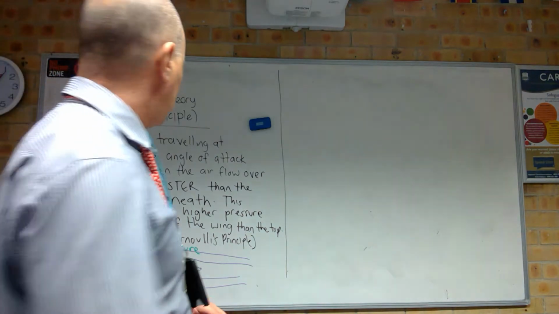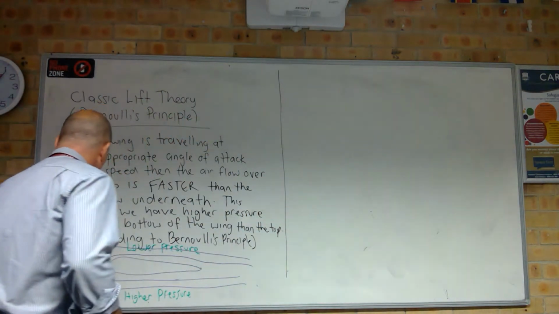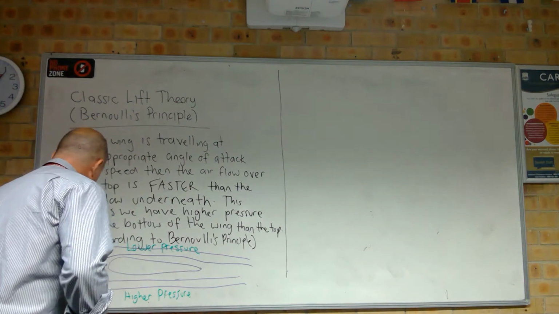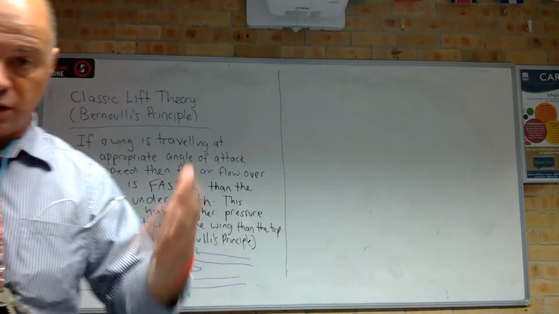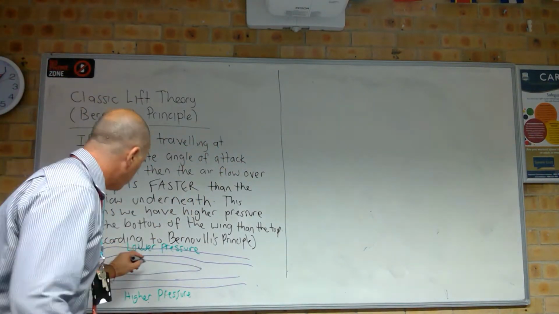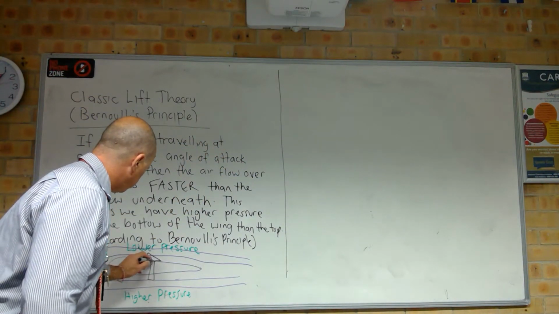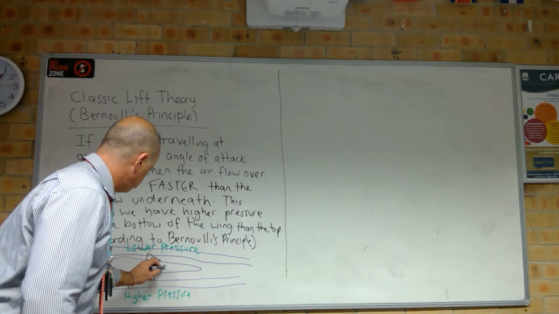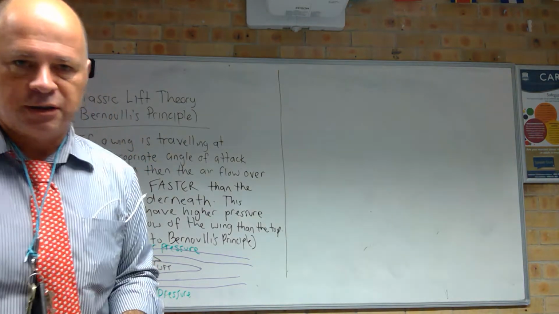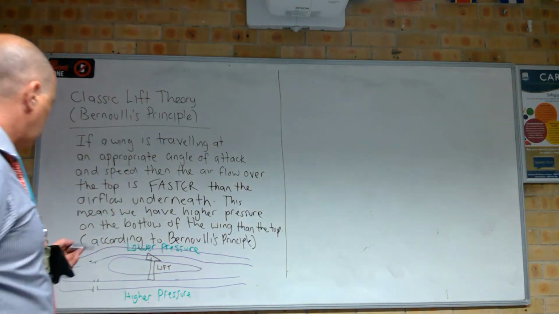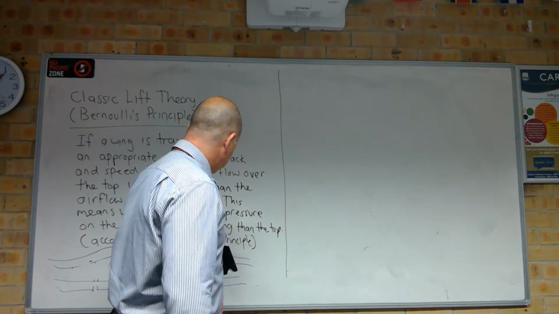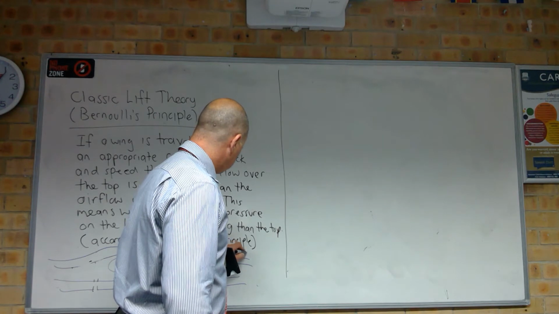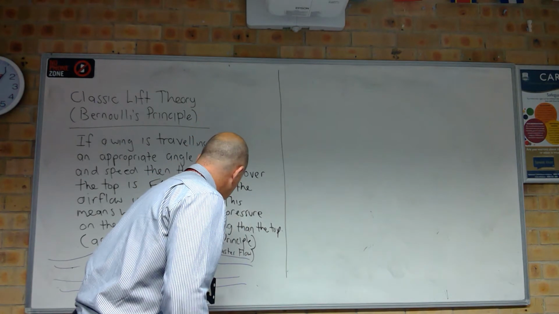Actually, your center of lift is going to be somewhere. It's just lift is distributed across the whole aerofoil. Okay, it's a distributed force, but you'd probably be better off putting lift here, an arrow that says lift. Okay, and you could write up here in brackets faster flow and slower